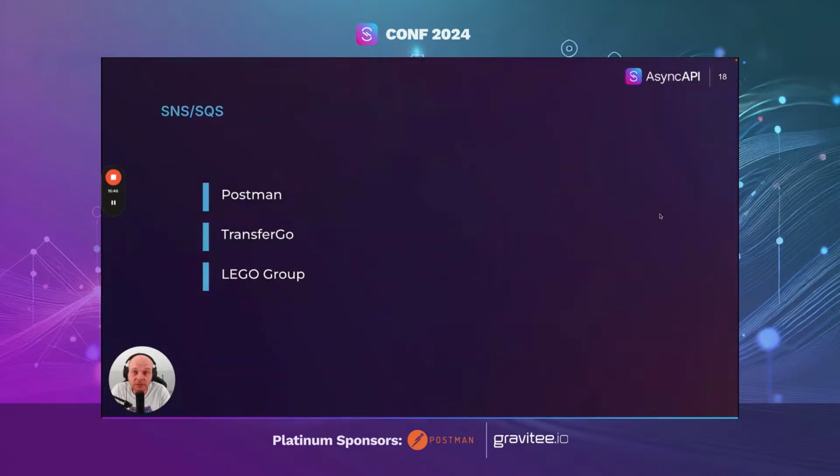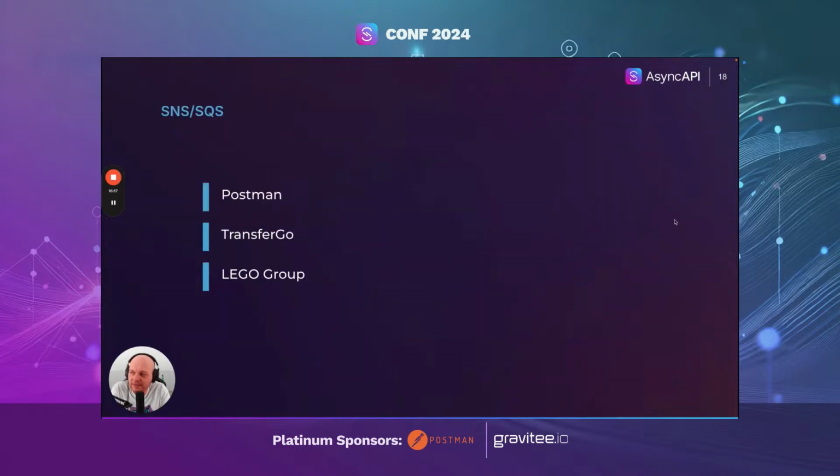But it's not only that AsyncAPI and Azure have something in common. You have also SNS and SQS, for example, that are very tightly connected to AWS, and companies that usually use SNS and SQS and use AWS, they just use it because it's a common solution for any other cloud services that they need in their company.